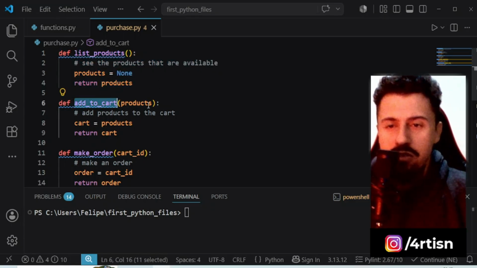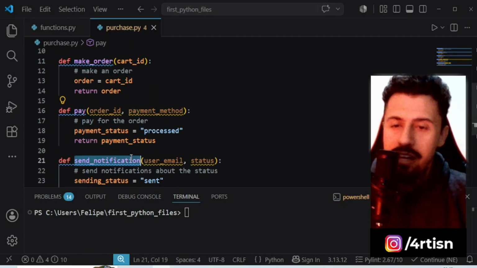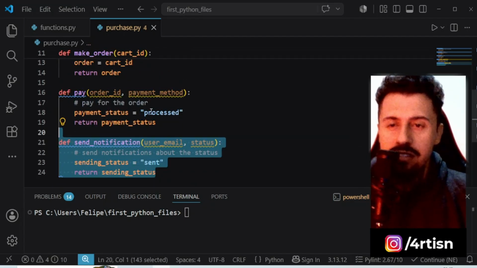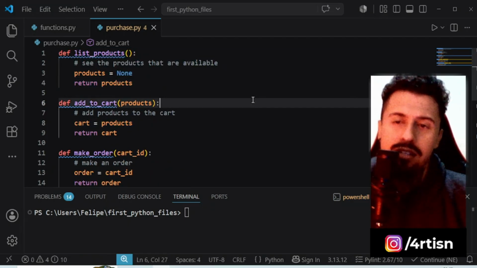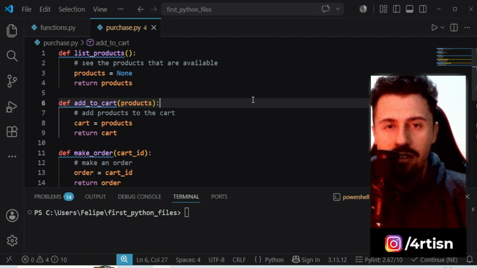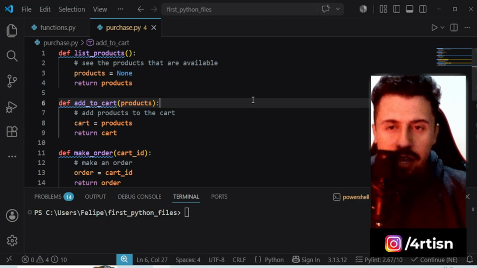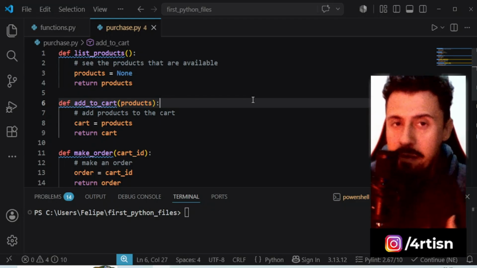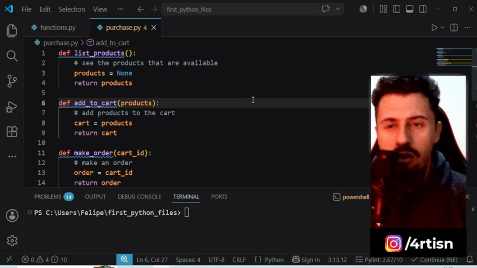Same thing to the cart. Same thing to the order, to the payment, and to the notifications. Each function that we have written belongs to one unique, smaller context. And how can you see this? How can you notice if the functions that you have written should be in this context or in a smaller context? The technique that I apply is basically I look at that function and I question, is this function part of a CRUD